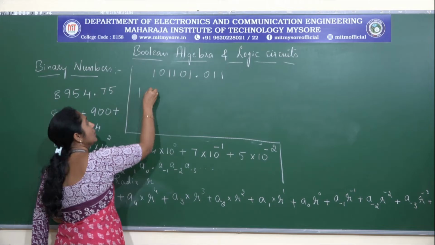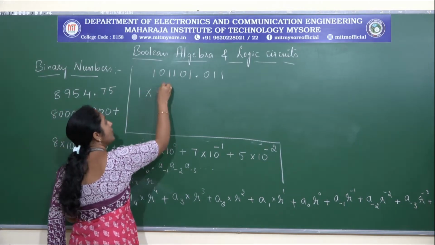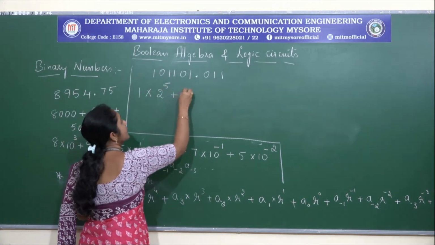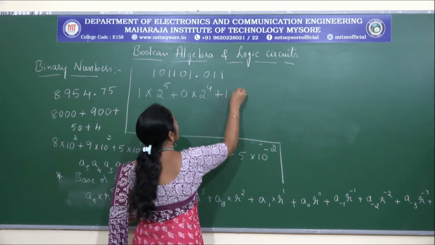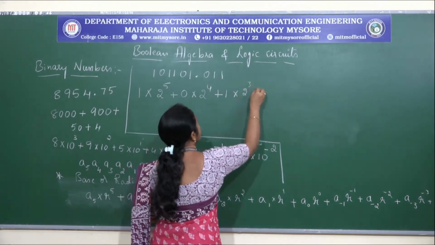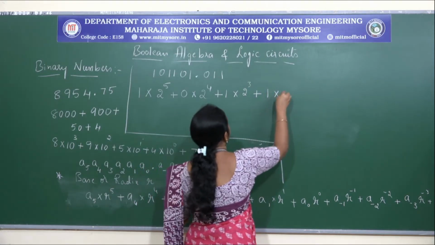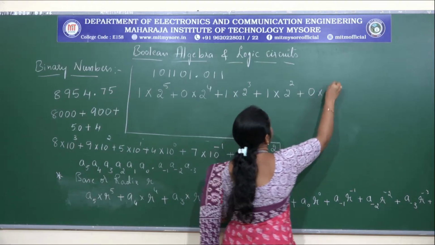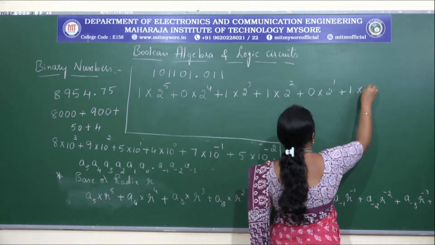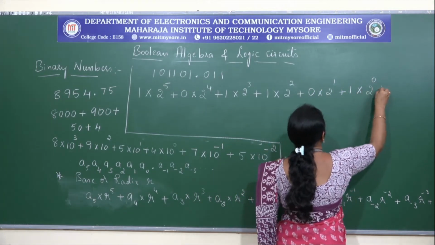Therefore, let us start: 1 into 2 power 5 plus 0 into 2 power 4 plus 1 into 2 power 3 plus 1 into 2 power 2 plus 0 into 2 power 1 plus 1 into 2 power 0 plus,